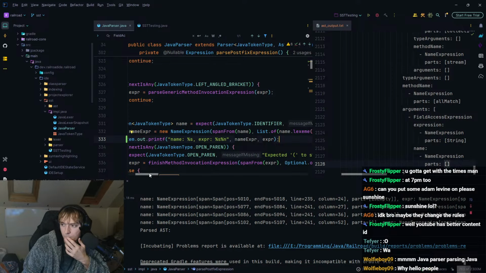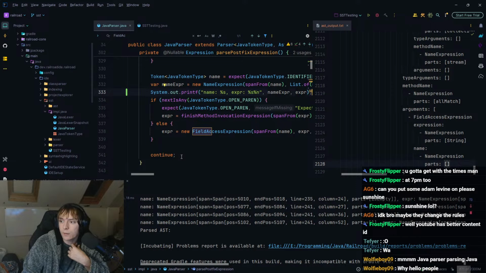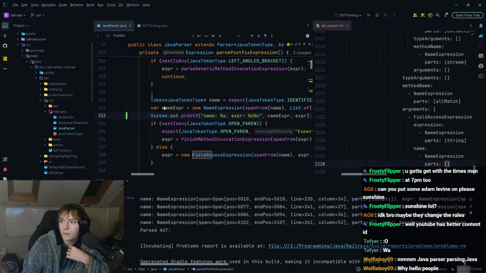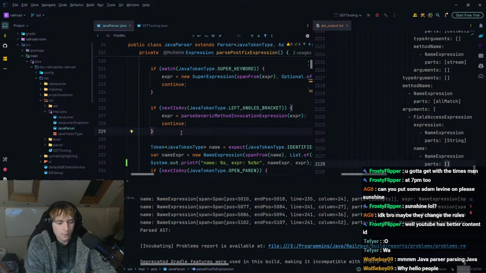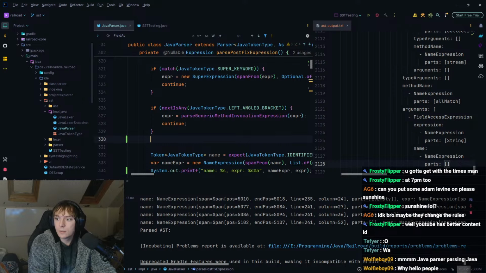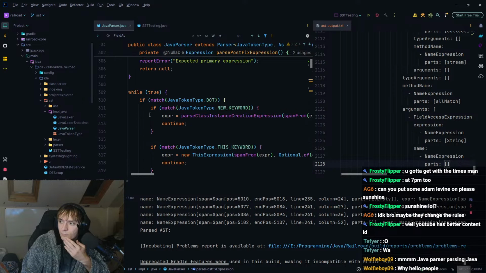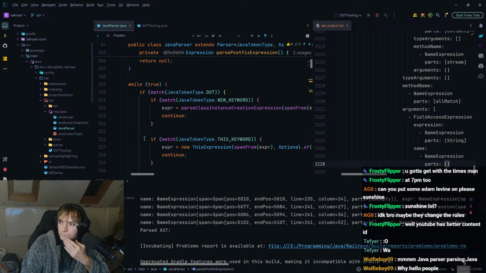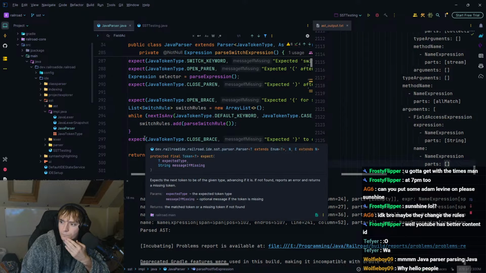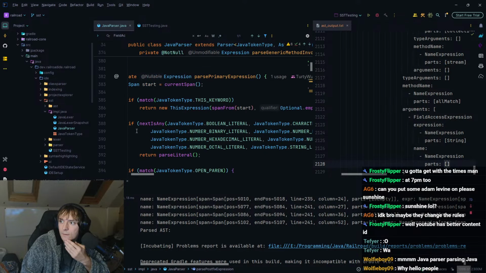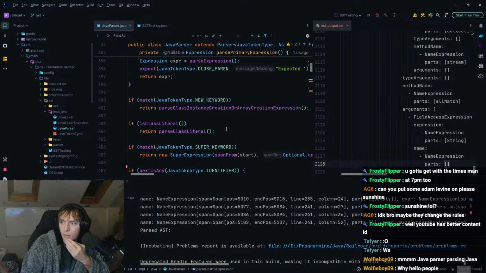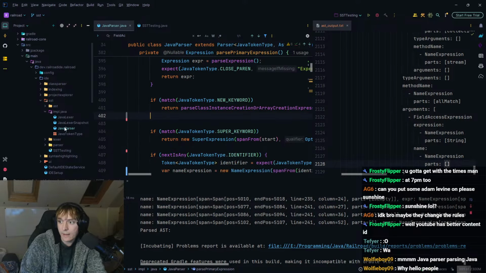Okay. Right, because it's trying to then find a name, and it's actually finding a class. So I need... Interesting. So what that means is basically the parse class literal shouldn't be here.